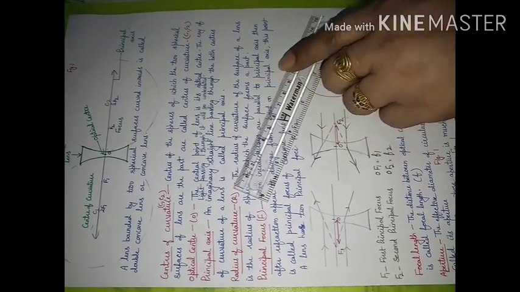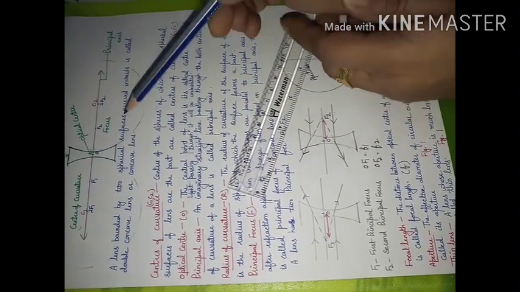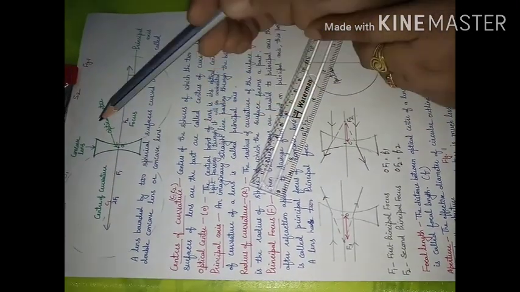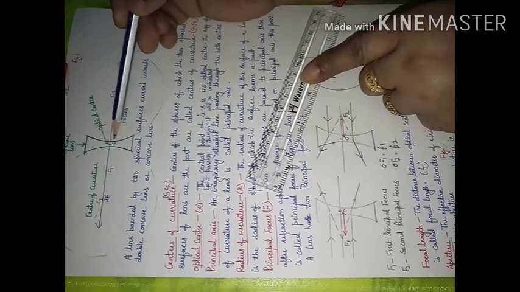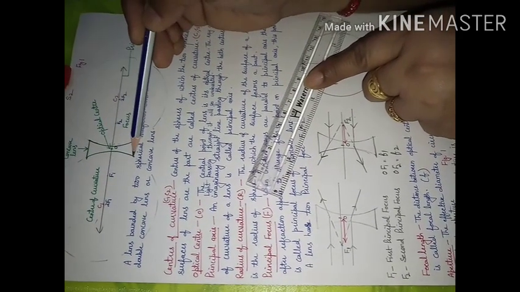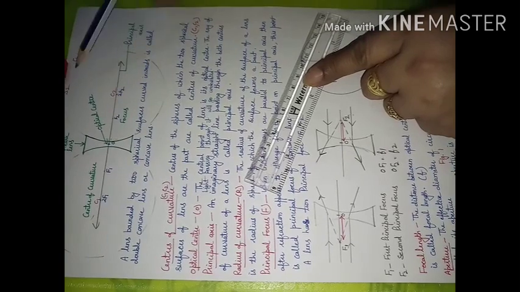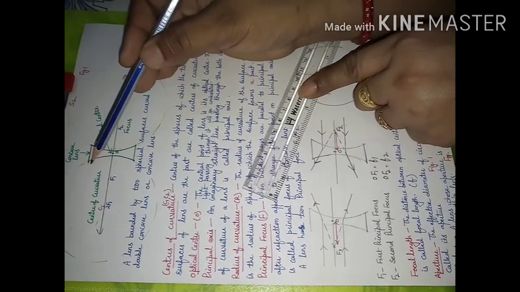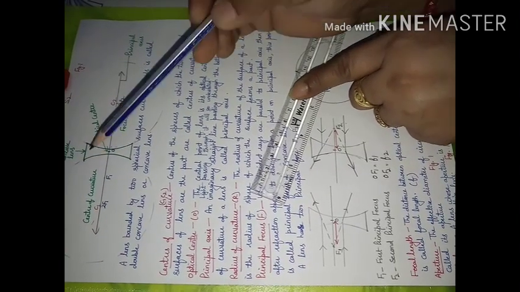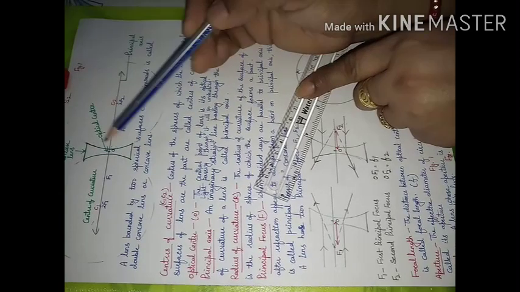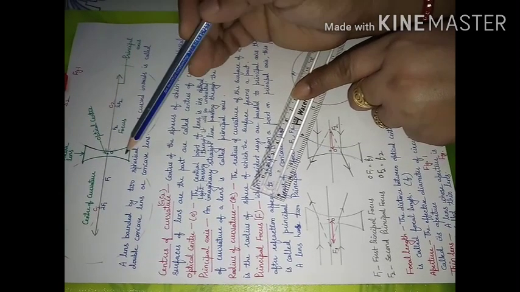So today we have to do various terms related to concave lens. What is a concave lens? A concave lens is a lens that has two spherical surfaces. This is also a spherical surface, this is also a spherical surface. On paper we have a circle, otherwise it is a part of a sphere. This should also be a part of a sphere. So a concave lens is a lens that is thinner at the center and thicker at the edges. That lens will be known as a concave lens.